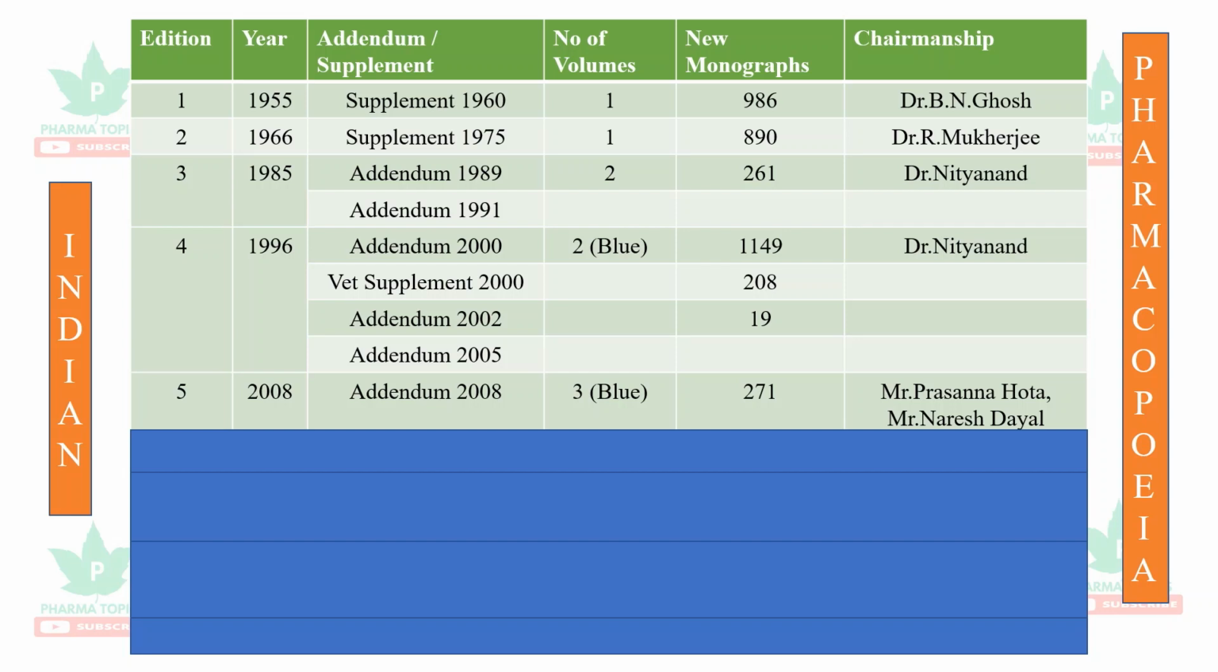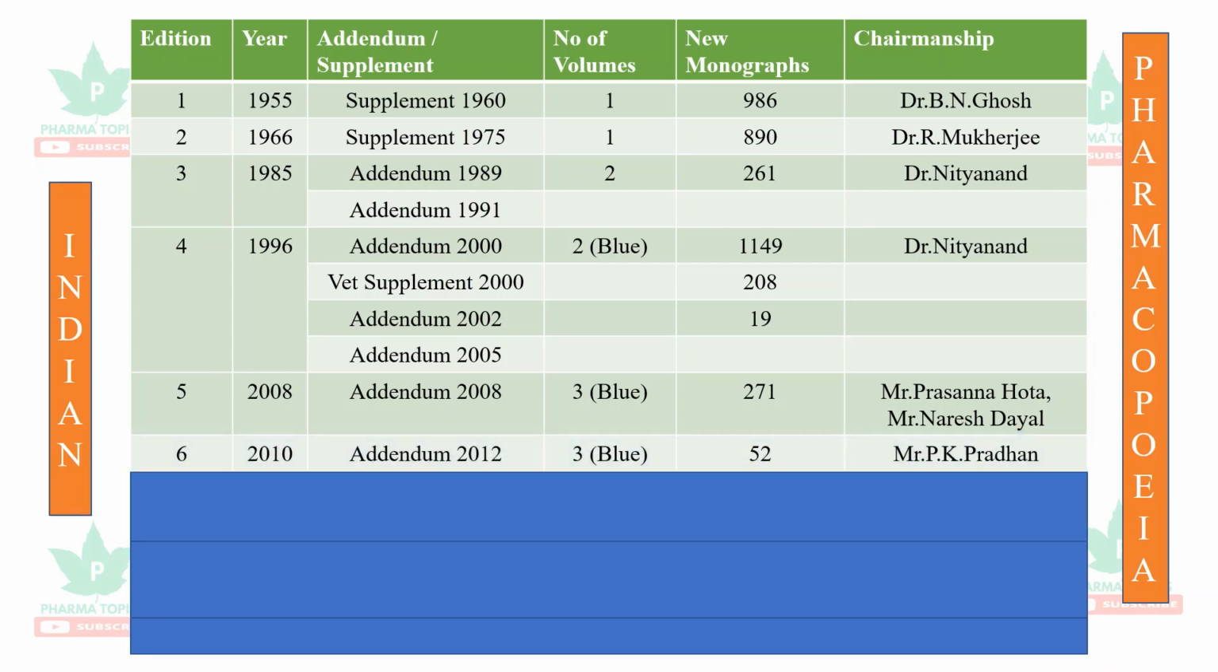It had 1 addendum in the year 2008. The number of volumes was 3 and the outer cover was blue in color. The new monographs included were 271. It was launched under the chairmanship of Mr. Prasanna Hota and Mr. Naresh Dayal. The 6th edition of Indian Pharmacopoeia was launched in the year